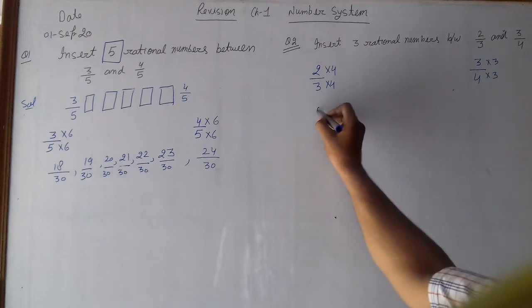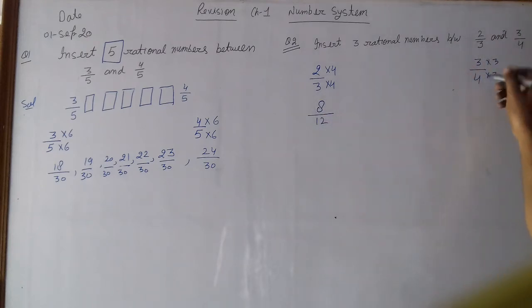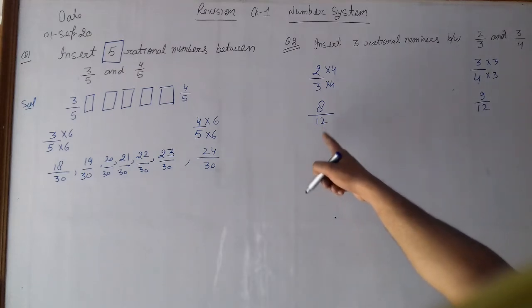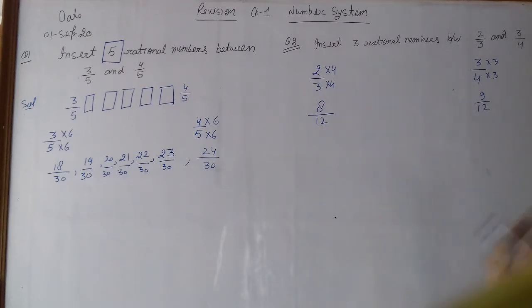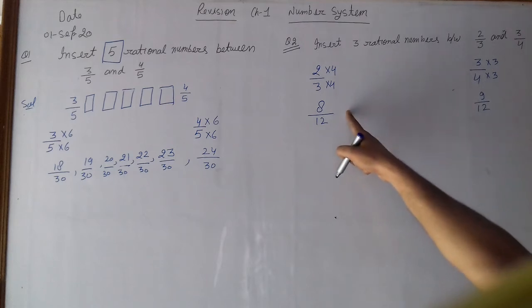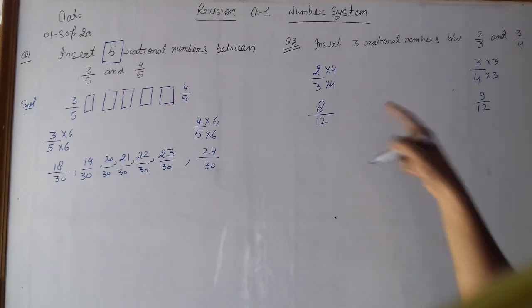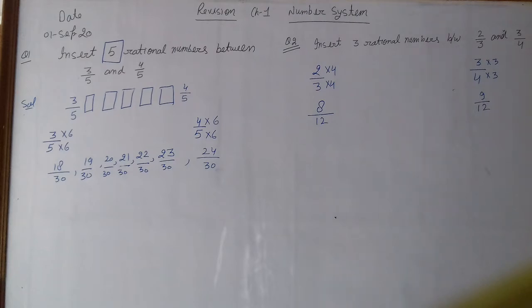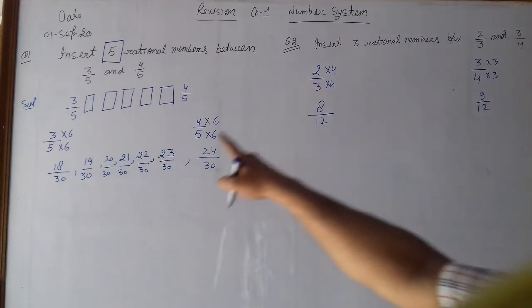Now see, 2 4 ja 8 upon 12, 3 3 ja 9 upon 12. So we have 8 upon 12 and 9 upon 12. You are seeing here that denominator 12 is the same in both numbers. Now students, you can do one more thing. If in between the numerators these three numbers are coming, then you can write directly. But it is not here. Here it is 8 and 9, so there is no number between 8 and 9. Right, students? So this question is like this.